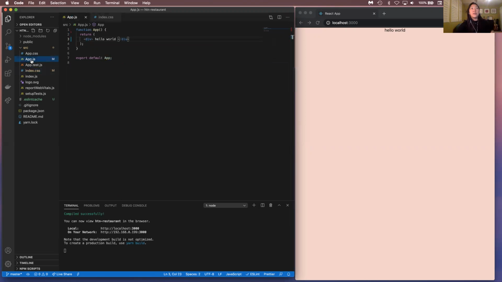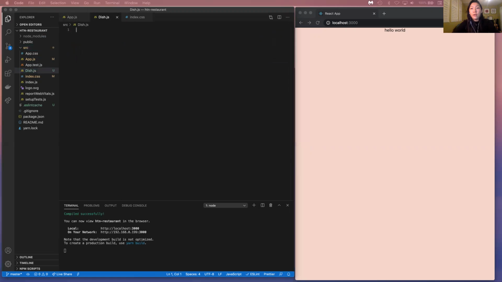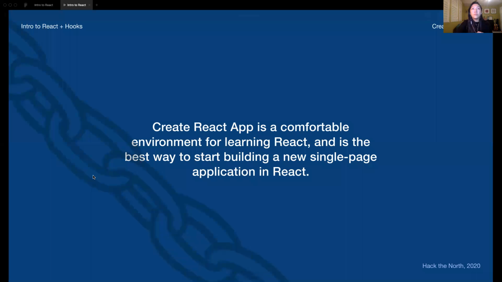But cool, let's go ahead and create our dish component. So this time, instead of putting everything in one page, which you totally can do, we're going to opt for creating a new file, which is kind of the convention. We're going to call it dish.js. And we're going to go ahead and create a class component. So if we go back to what we did before, or go back to this diagram,